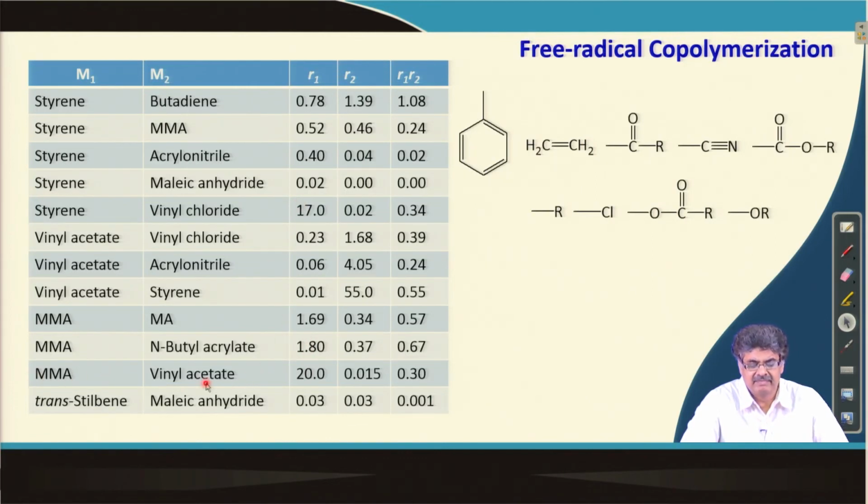For example, MMA and vinyl acetate, you see the numbers, because MMA is quite feasible in radical polymerization because of the stabilization of the propagating radical by the substituting group, but vinyl acetate is a type of monomer which is not very reactive in radical polymerization. So, its reactivity tendency is low. So, the reactivity of the monomers depends upon which type of initiation we are carrying out, and this value will depend on the reactivity of the monomers.